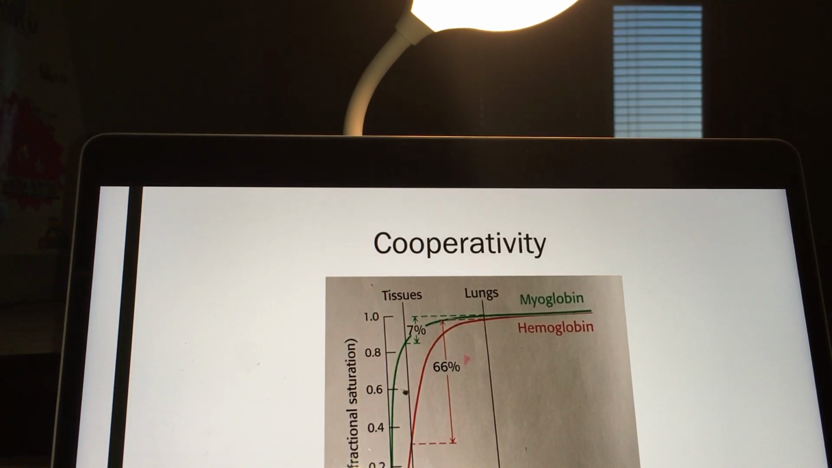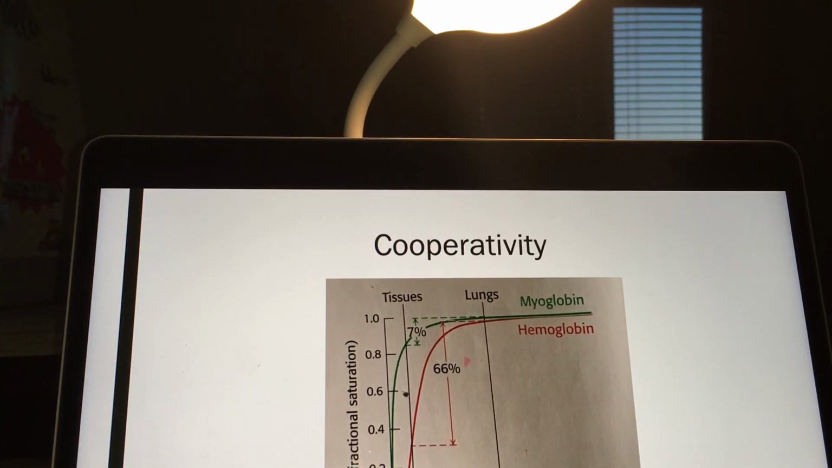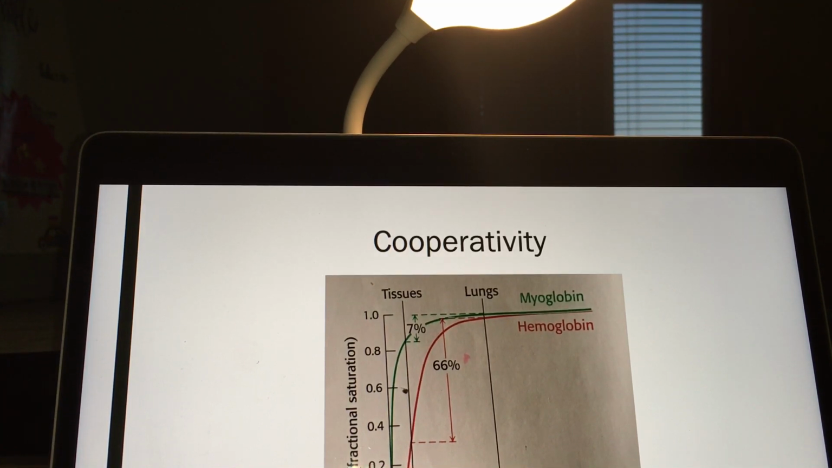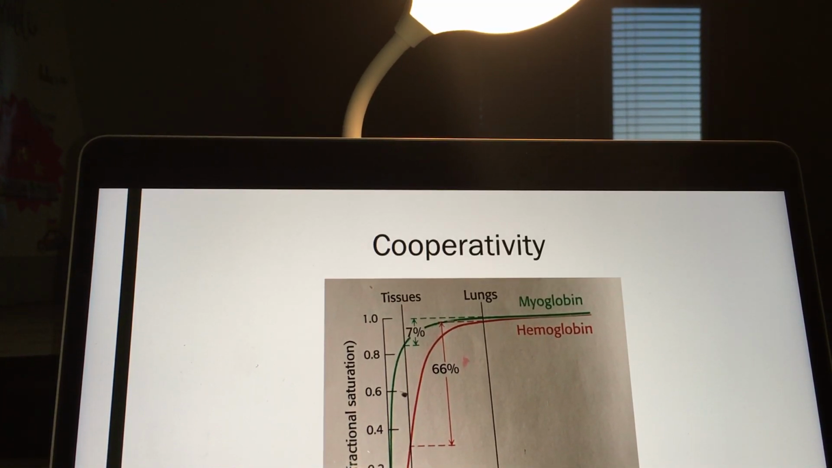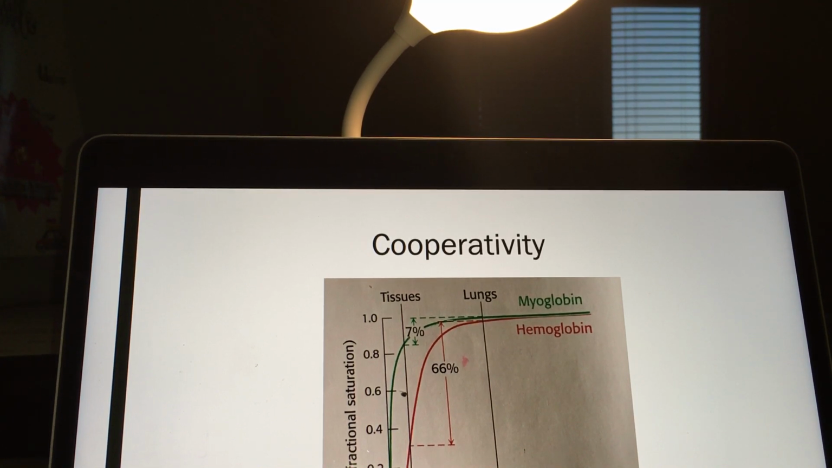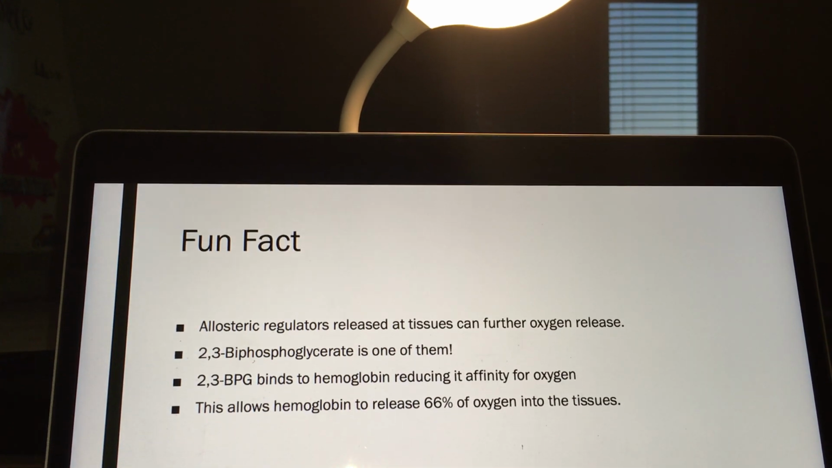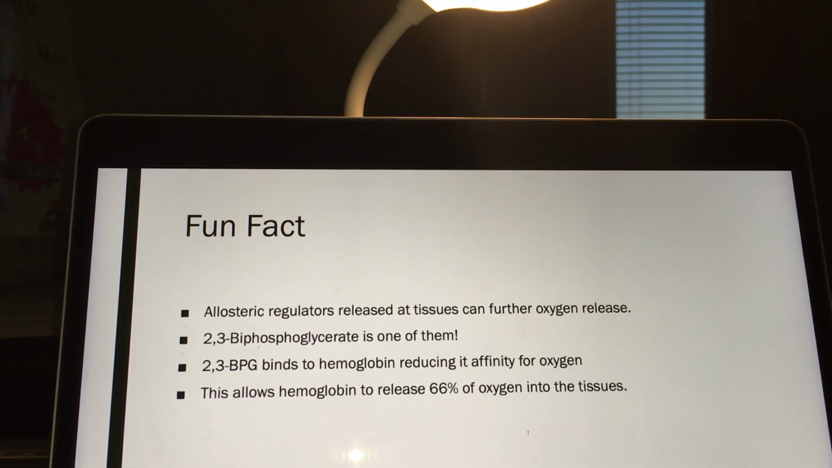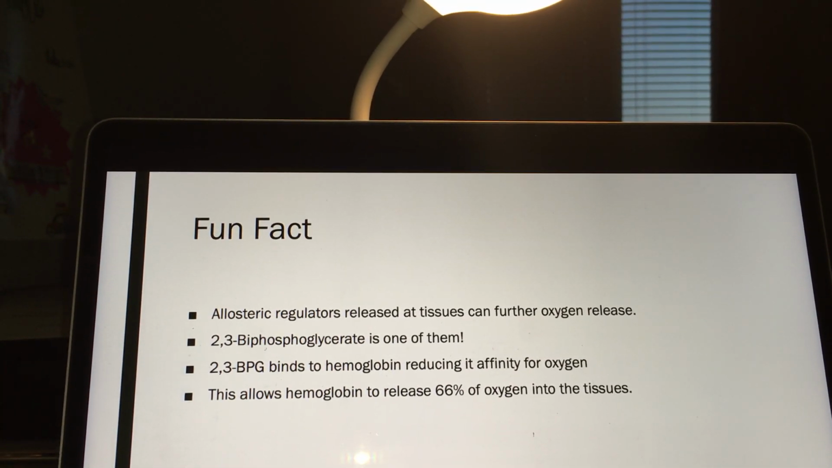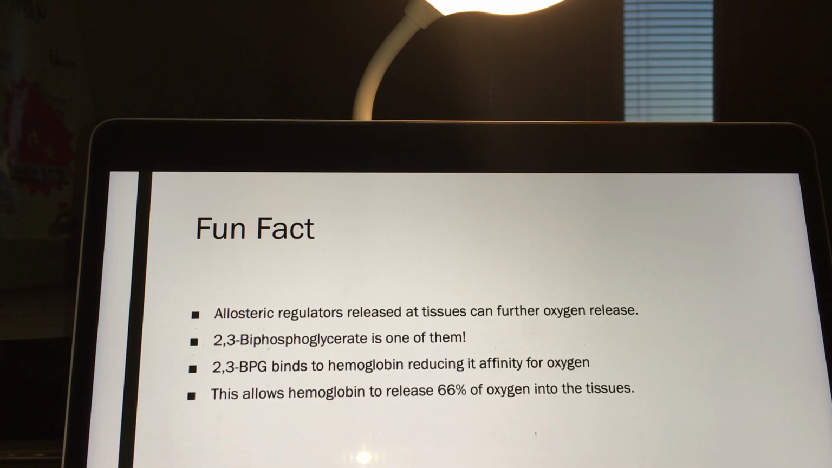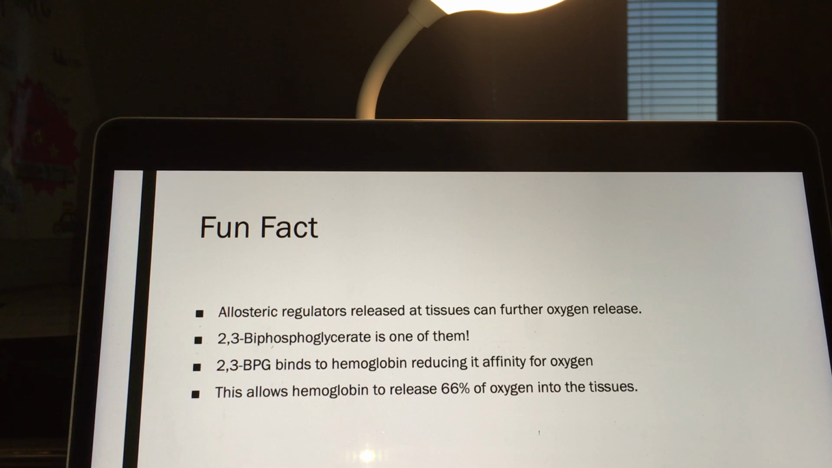This formation of the hemoglobin oxygen complex is called oxyhemoglobin, which is the R state. Here I wanted to just share a fun fact. Allosteric regulators released at the tissues can improve the oxygen release. So we have the